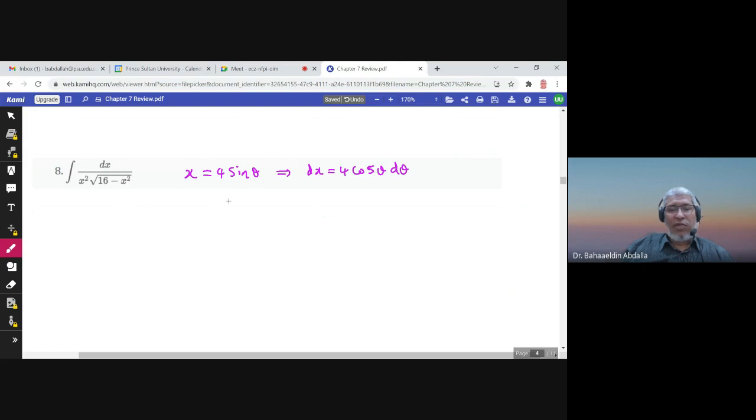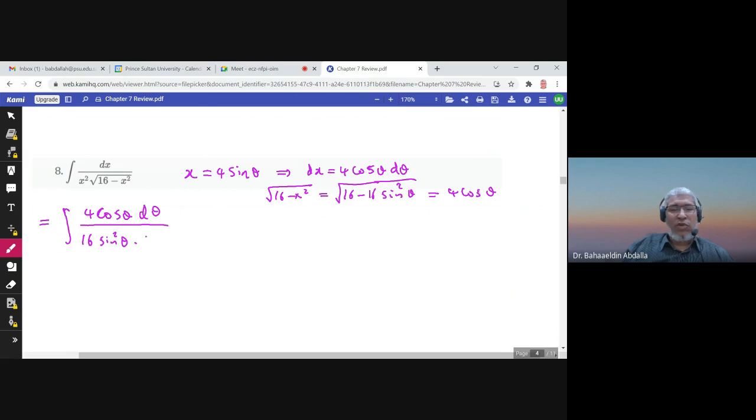I need the square root. So what is the square root of 16 minus x squared? It is the square root of 16 minus 16 sine square. I take 16 out. 1 minus sine square is cosine square. The square root would be 4 cosine theta. So this integral would be equal to dx is 4 cosine theta d theta. x square is 16 sine square theta, and the square root 4 cosine theta